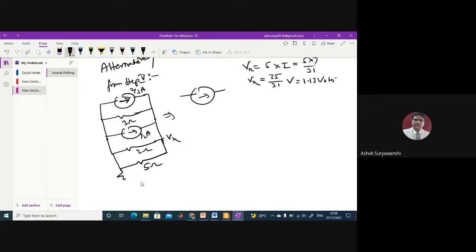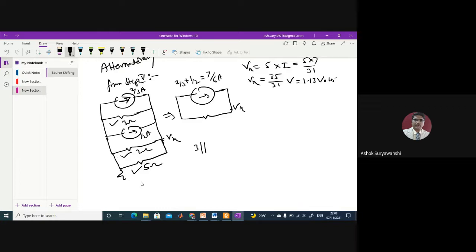So now here you can see we can transform these two current sources into an equivalent current source, right? So what will it be? It will be again 7 by 6 ampere, because 2 by 3 plus 1 by 2 comes to be 7 by 6. And then you can just take the parallel combination of all these three resistors, because on this side there is a Vx, right? So this 3 ohm, 2 ohm and 5 ohm are parallel.